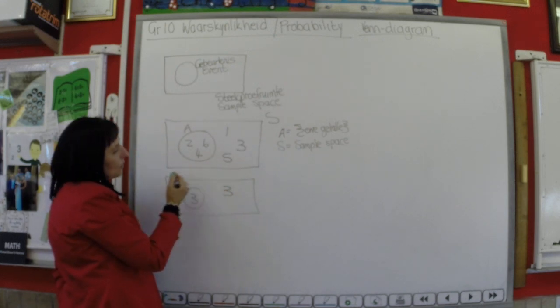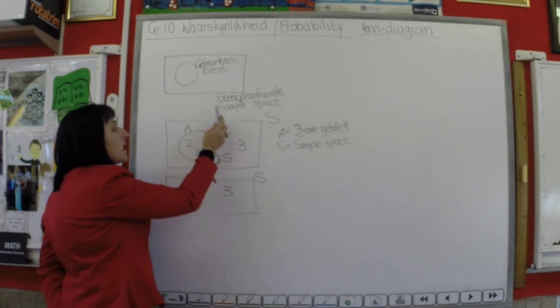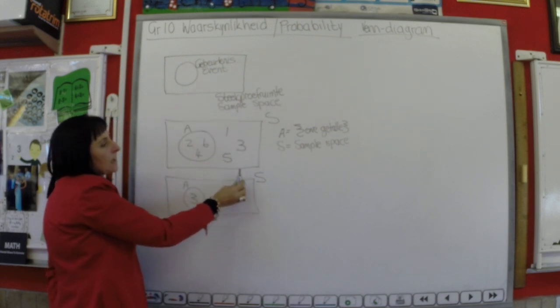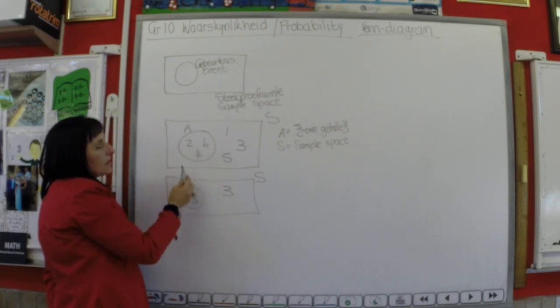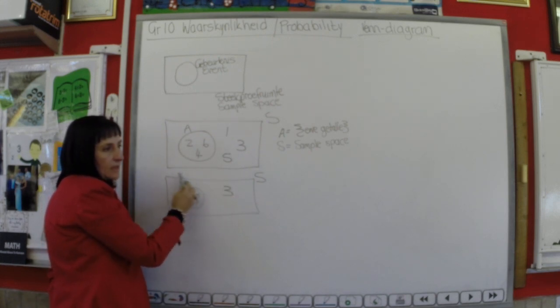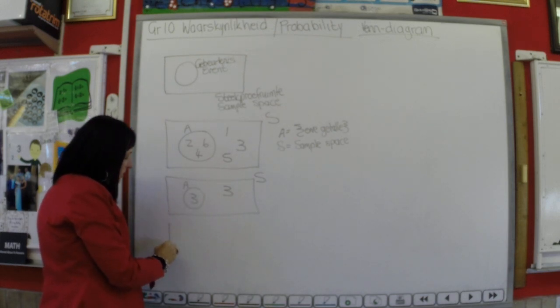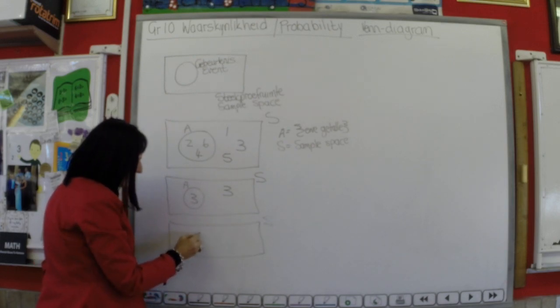So if you draw a Venn diagram with the elements of a die, it's going to look like this. As jy 'n Venn diagram teken met die uitkomste as jy ewe getal gebeurtenis het in 'n dobbelsteen, dan gaan hy so lyk. En die laaste een, let's do another Venn diagram with a sample space and